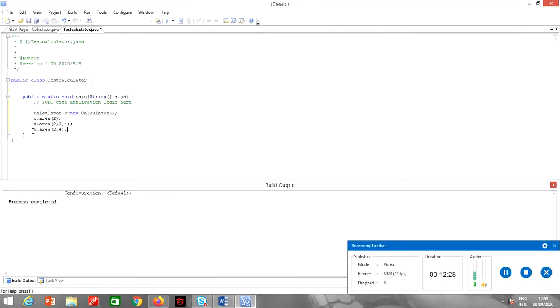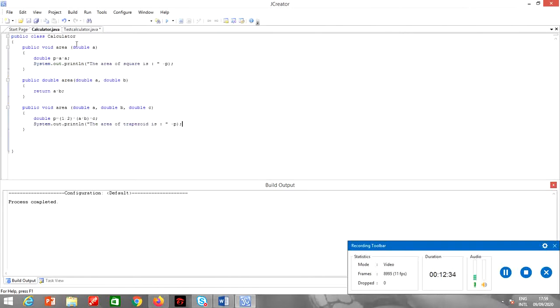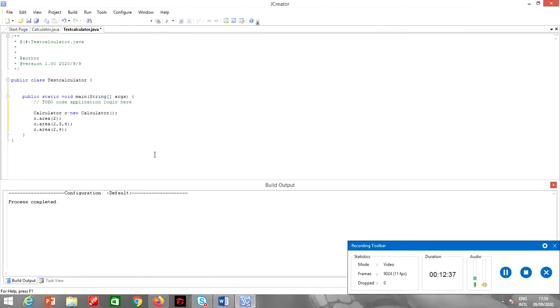Now in case of this second area method, it will not print anything. Why? Because there is no System.out.println statement. So I will write this in System.out.println, the area of rectangle is, plus C.area.